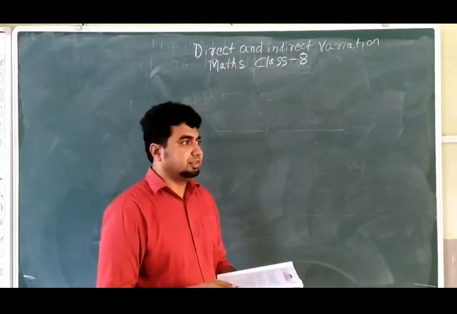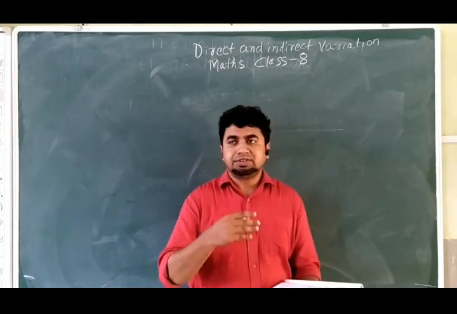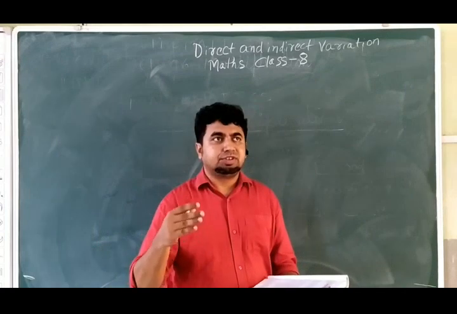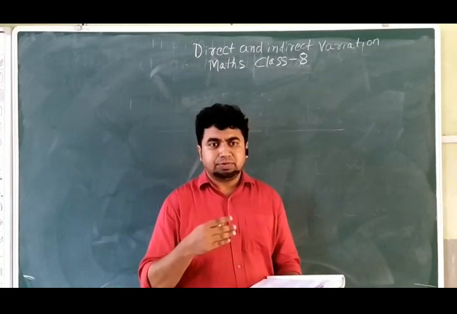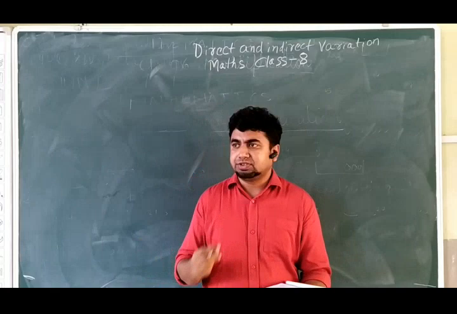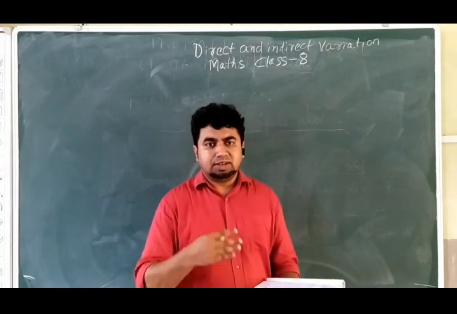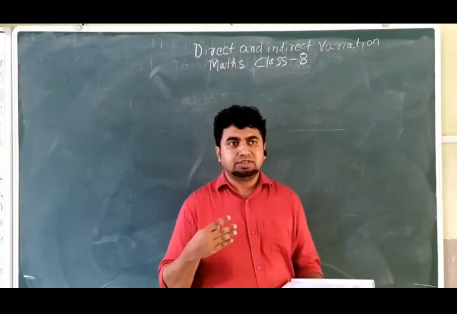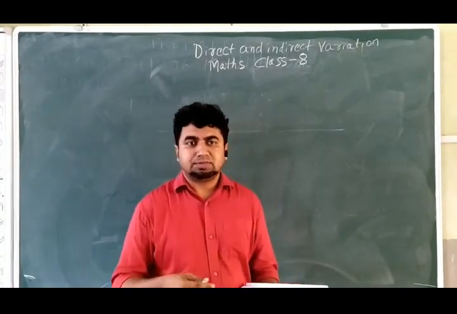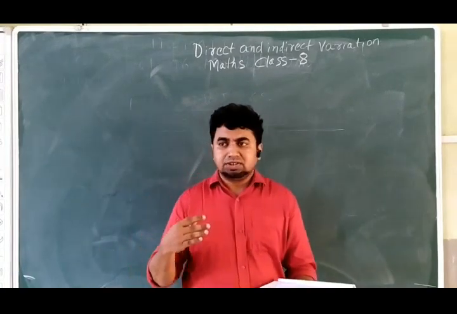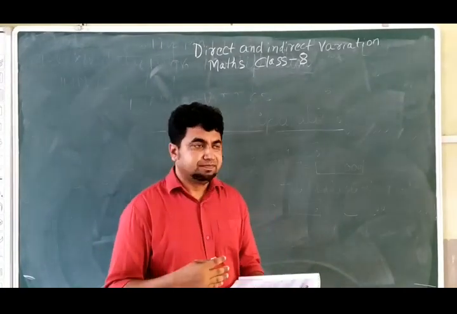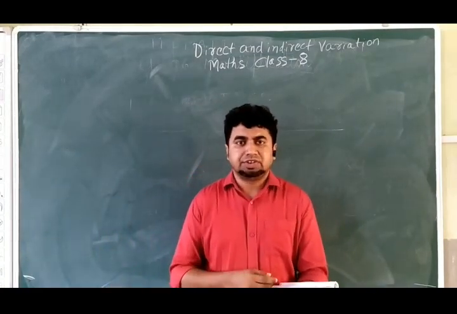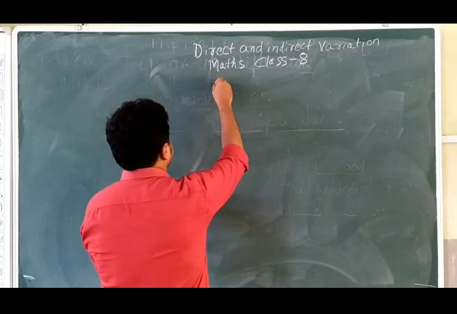Or if I will be saying, the variation in the price of petrol, sometimes the price of petrol is decreasing, sometimes the price of petrol is increasing. That is also variation with respect to time. Means time is changing, so the price is also changing. Or the other things we are buying, sometimes it is increasing or sometimes it is decreasing with respect to the other measurable quantity. That is known as variation. So one kind of variation is direct variation.